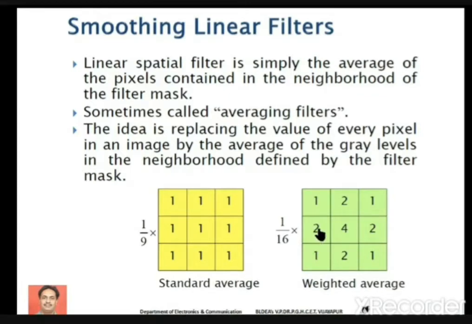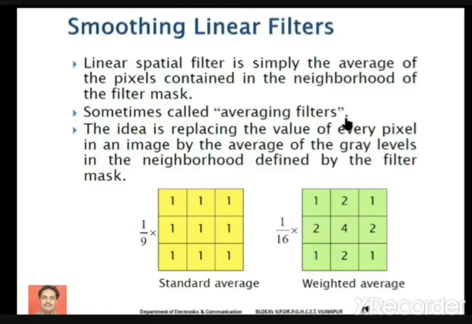So depending on the requirement, we can set the weighted average values. So in case of weighted average filter, each pixel is replaced by the weighted average of the neighborhood of the pixels in the input image.